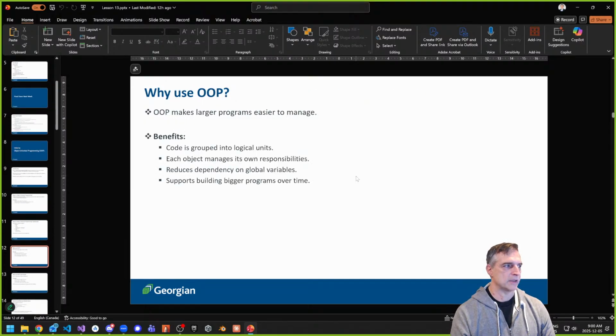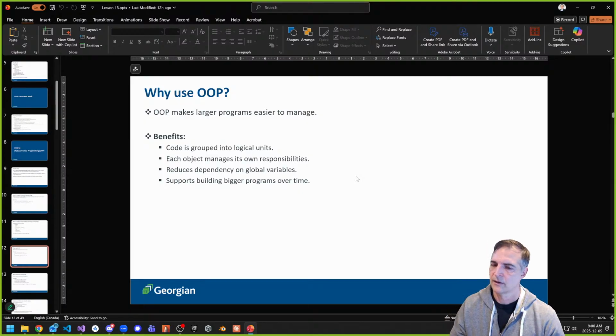So why do we use it? Because basically what we want to do is group code together into logical units, like we said, right? And you've been seeing that already. Windows Forms is a good example of how code has been grouped together into logical units. Every form is a class.